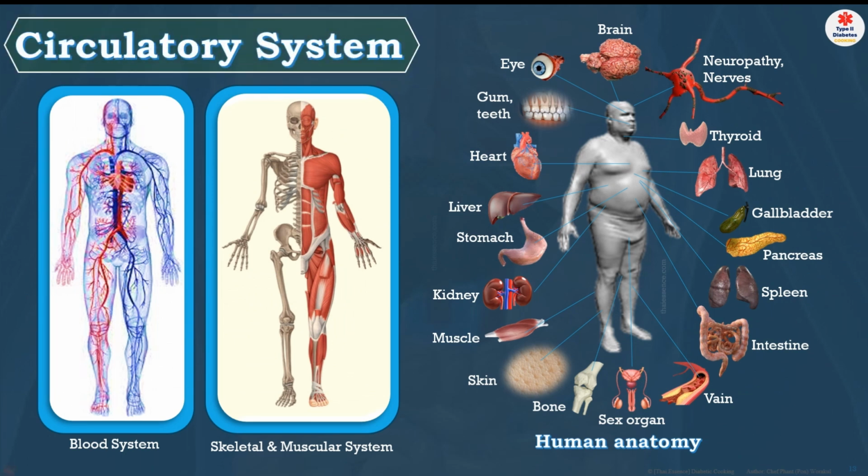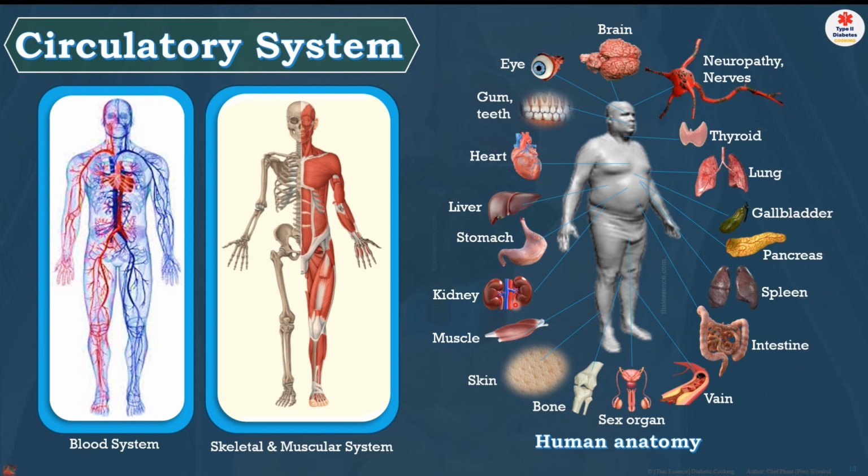Let's get to know about your body. The fundamental thing you have to understand is what things in your body diabetes affects. You have the vein system, the black and the red blood in your system, and then you have the skeleton. You have muscle. Everything is composed in part of your body: skeleton, muscular system, the blood system, and then you have the human anatomy. So the majority of these are all involved.